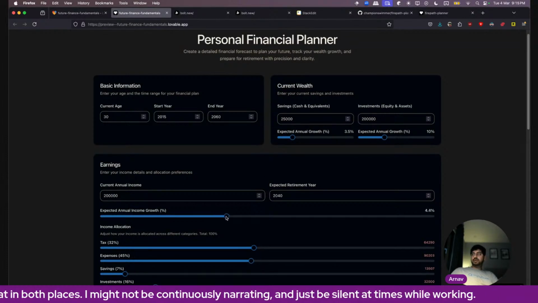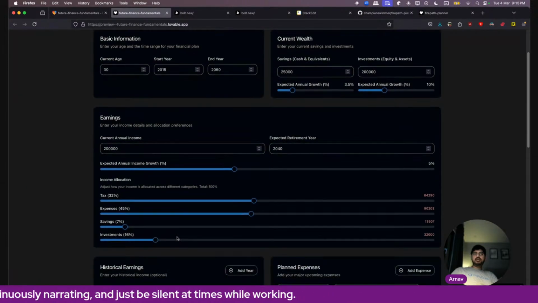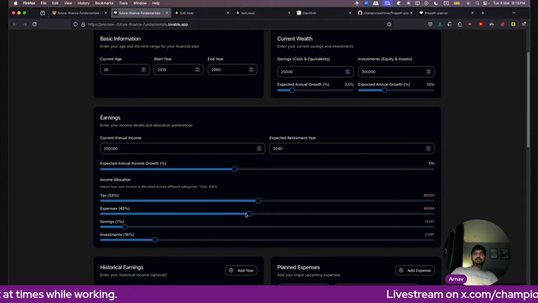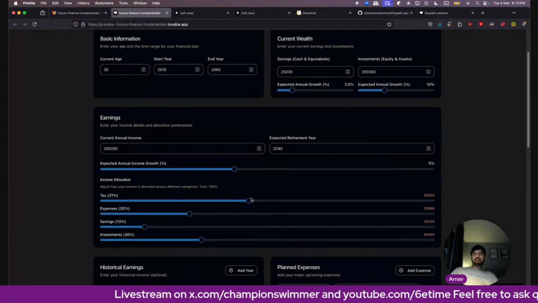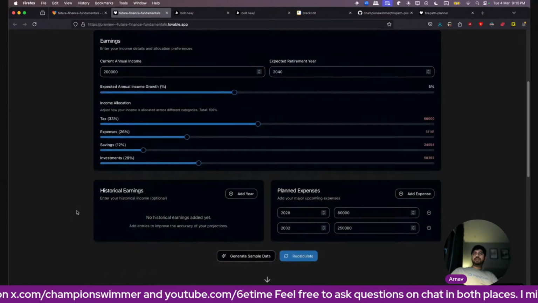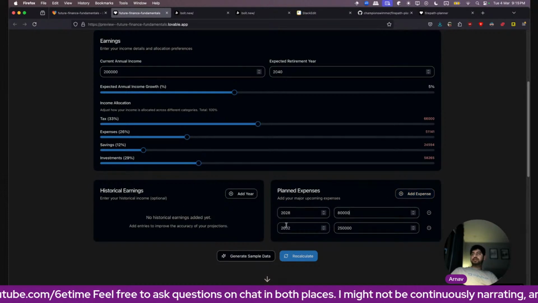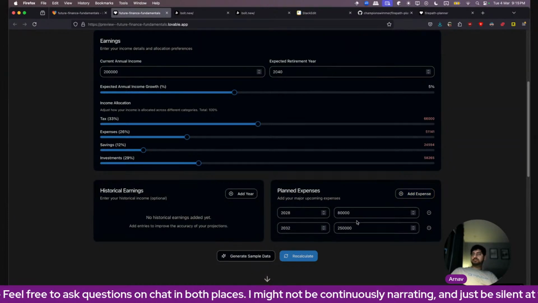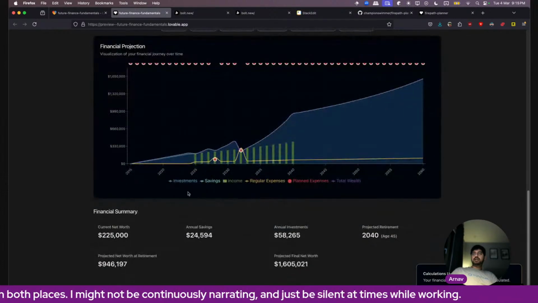This should grow by 5%. Okay. High taxes, less expenses. More investment than expenses. Let's see if that holds better. No historical earnings right now, but in 2028 an 80,000 expense, and in 2032 a 250,000 expense. Okay, recalculate the stuff and let's see.